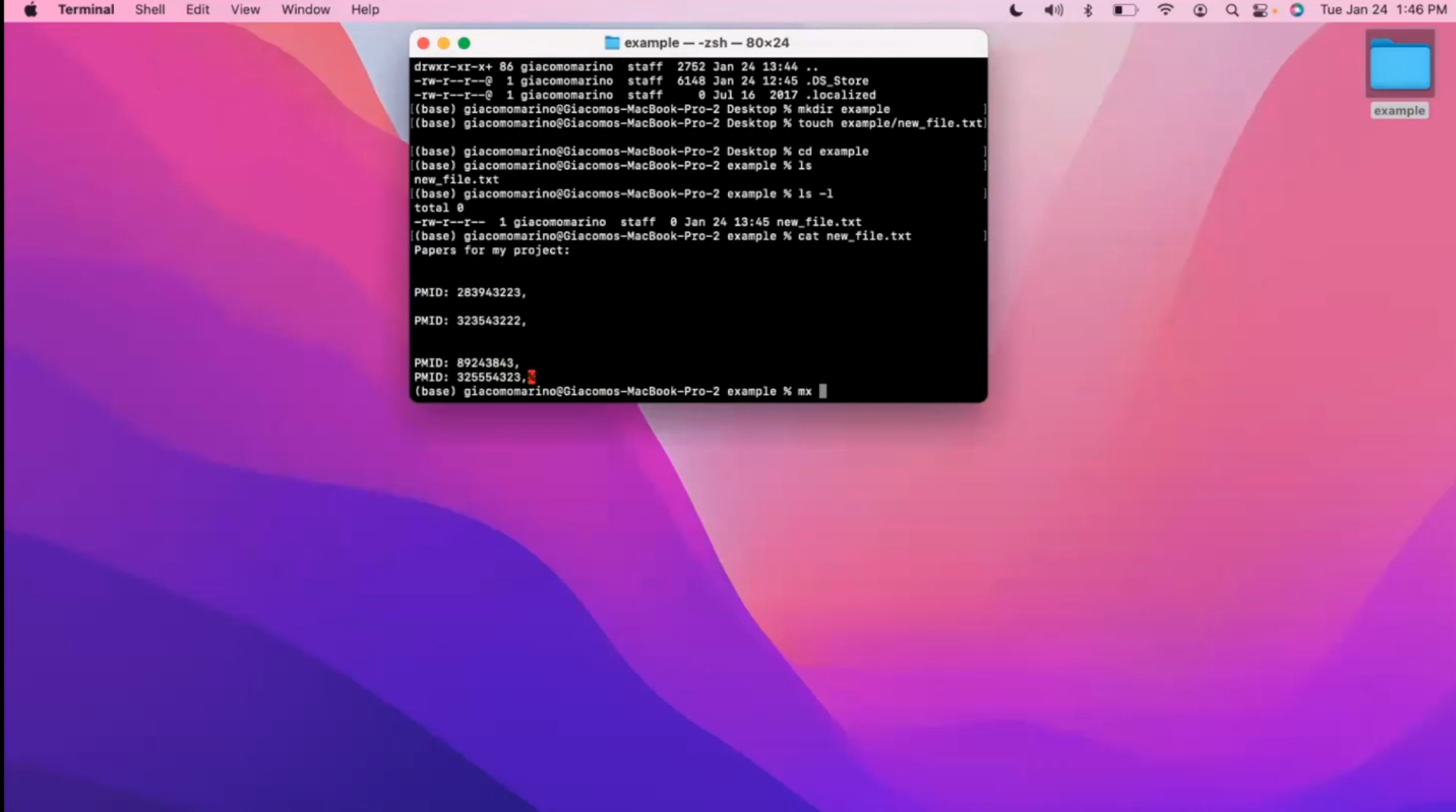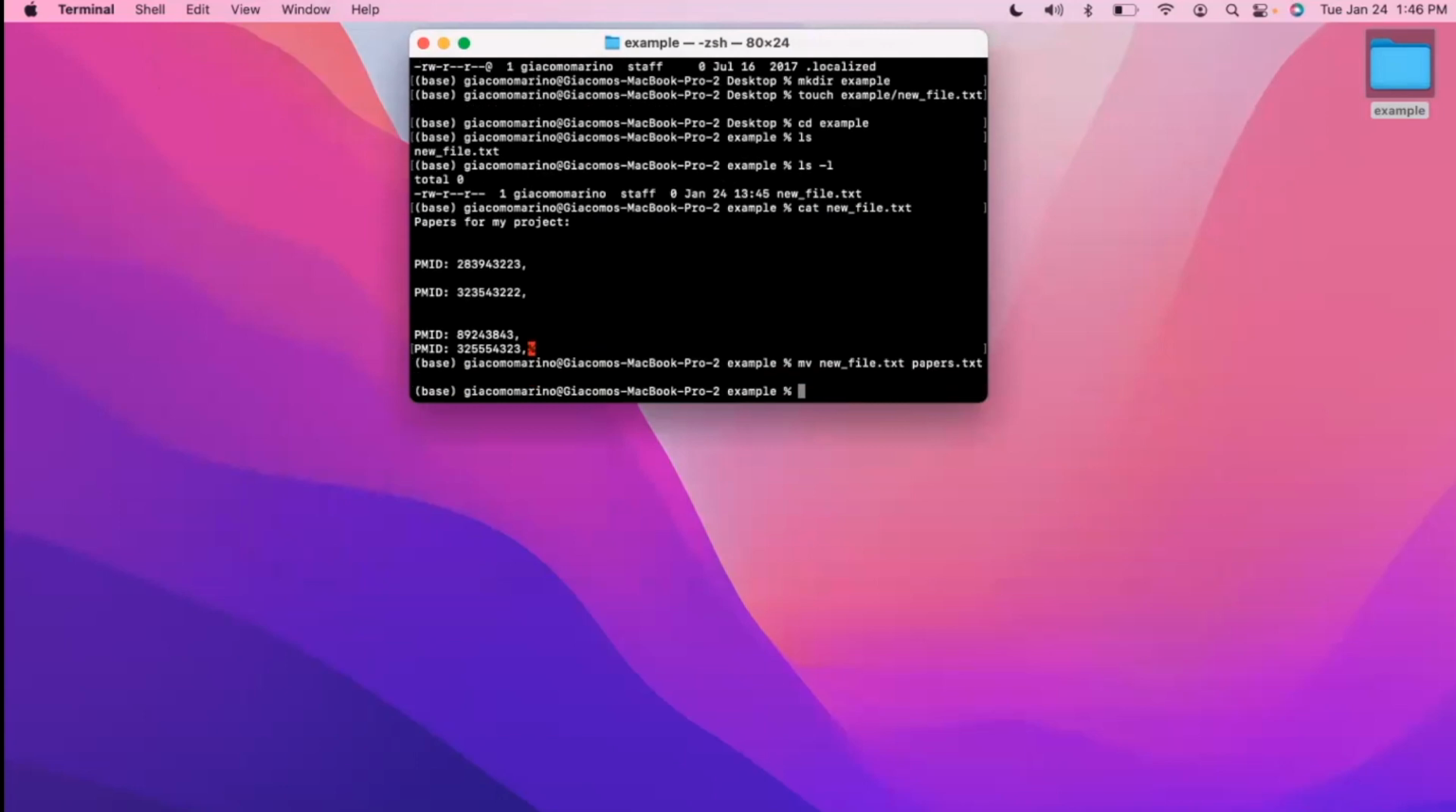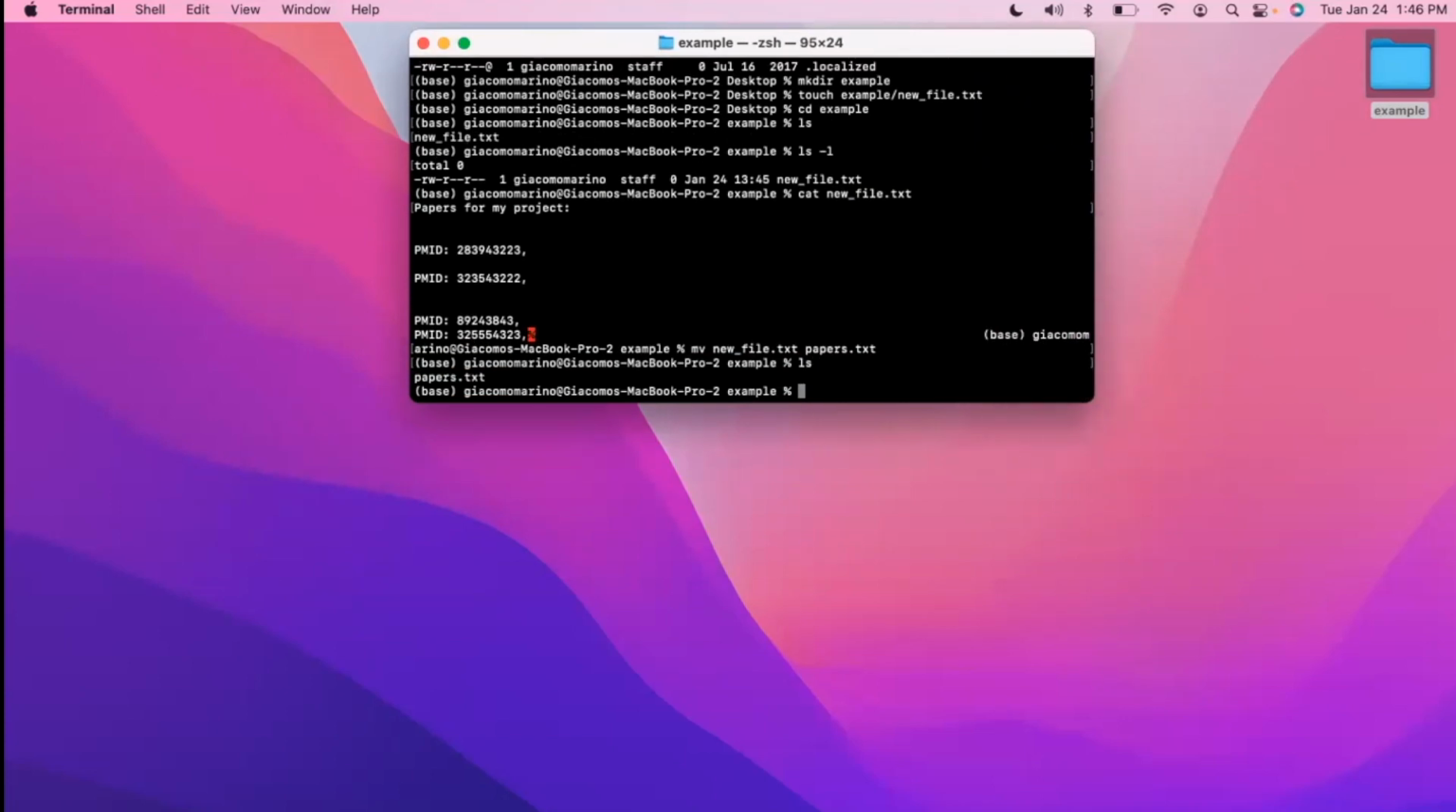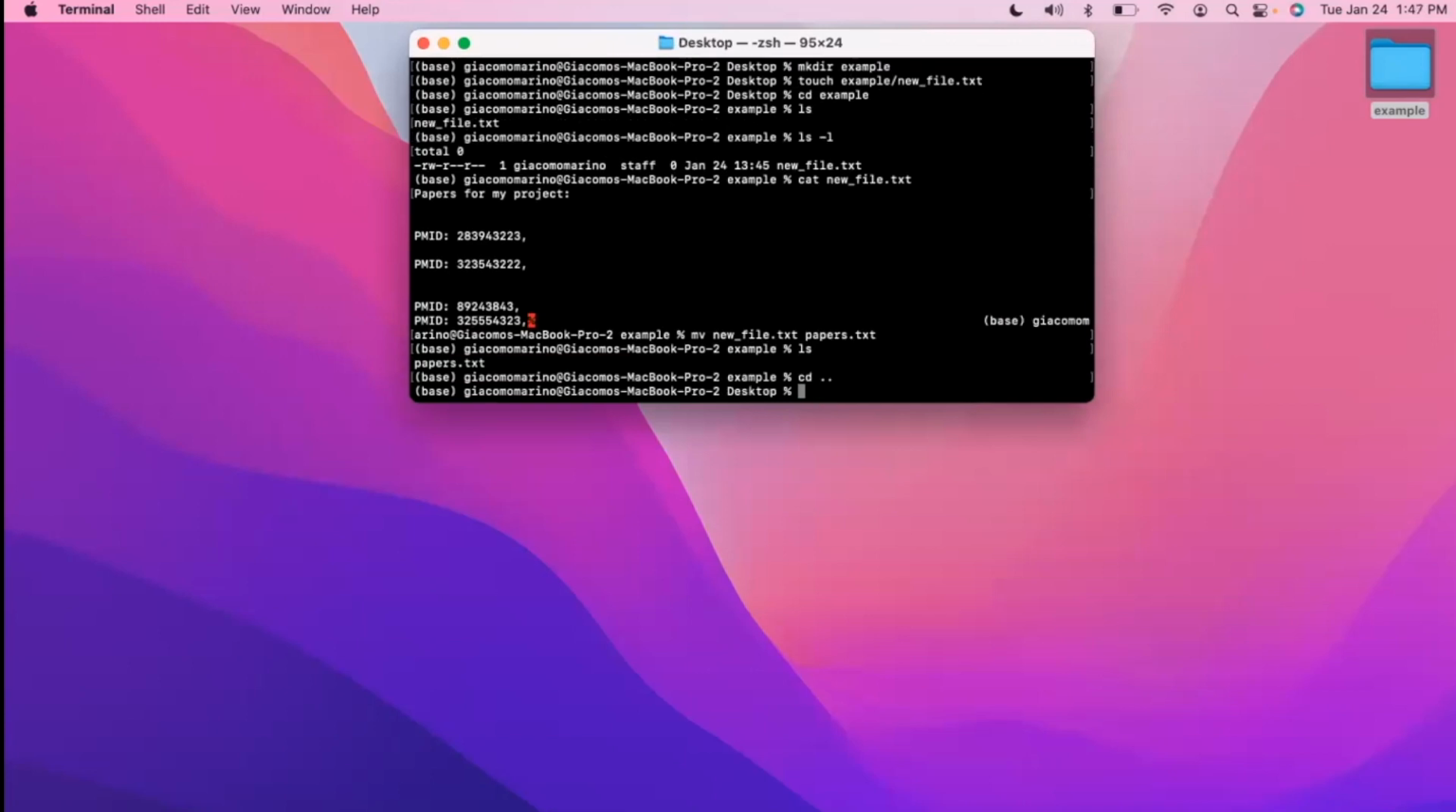And perhaps we want to name this something more applicable to the content that we have inside of it. So we can use our mv command here to rename our file, and we'll rename it papers.txt. So we can see that name changed with our ls command. And if we go back to our desktop and maybe we forgot where we put that papers.txt